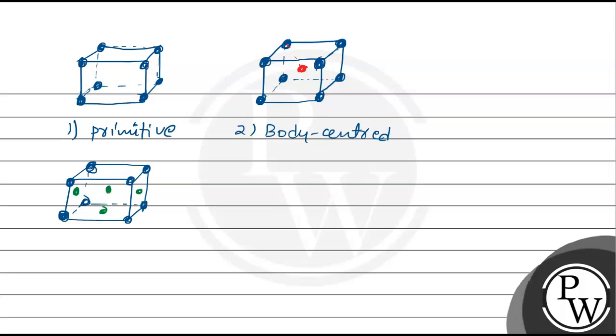This is a 3D structure. So here we have to draw one atom on the opposite face of it. That means here one atom and here the second atom will be on this face center. So total 6 face centered atoms and 8 corner atoms. So this is all about the third structure. That means this is face centered.